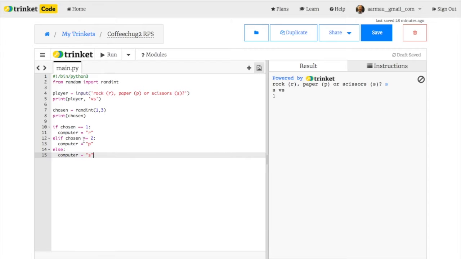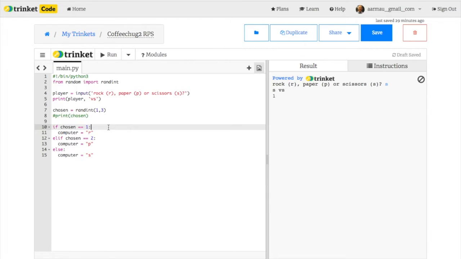Okay? So now that we got that in there, we want to go through and we want to get some commands here going. We want to make it interactive. We want to see something over here. Now all we're doing is we've just created some code here, but nothing's going to show up for the user on this side. And so we're going to go ahead and we're going to delete this chosen because we don't want that number to randomly appear. That's not going to help us. It's going to confuse the user. So we're going to delete that out. All right. Or if you wanted to, you could just put a hashtag and treat it like a comment. That way you have it for maybe future reference if you want. And so now as we go through and run that,